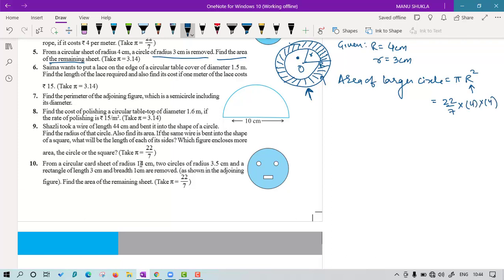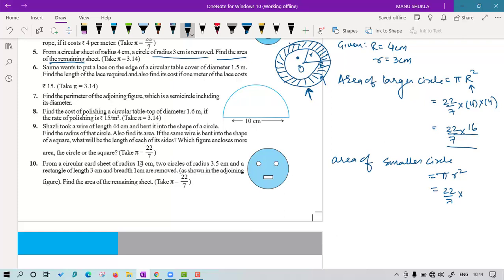Now we cannot solve it, so better you keep it like this only. It will be 16. Don't solve it further because it is not the last step. If you know this is not the last step, better you keep it like this only. Maybe it will get simplified in the later steps. Now we will find the area of the smaller circle, that is how much? Pi small r square, 22 upon 7, and the value of r is,